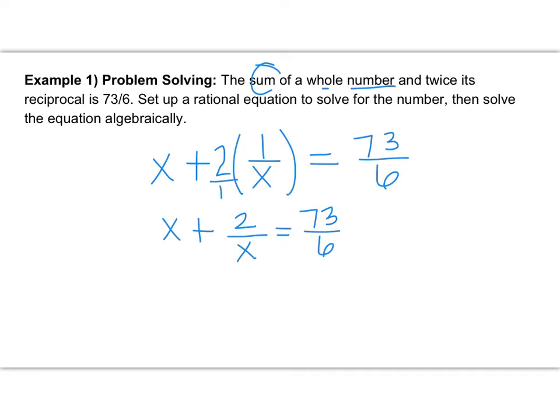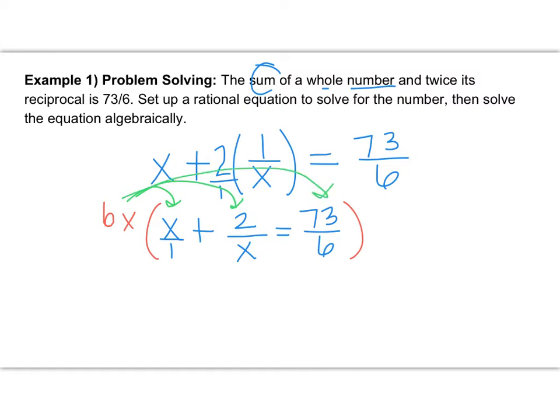And then what I'm going to do, and what will be common to the next couple problems we look at as well, is take this entire equation and multiply everything through by all of the denominators to clear the fractions. So when I look at my first one, I just have x over 1, and we know multiplying through by 1 isn't going to do anything. Then when I look at my second fraction, I have x in the denominator, so I'm going to multiply everything through by x to clear that. And when I look on the other side, I have a 6 in the denominator, so I'm going to multiply everything through by 6x. So as I distribute to all 3 parts,